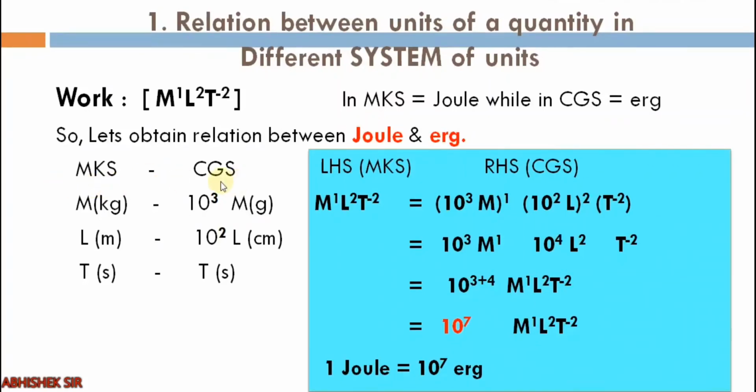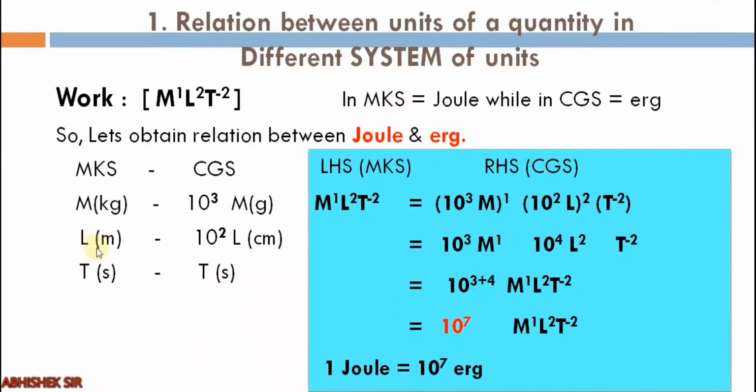First of all, before we start, let us see how the basic physical quantities M, L and T are related in MKS and CGS. In the MKS system, M raised to 1 is kilogram, and in the CGS system it is gram. So mass here is kilogram, and here is gram. What is the conversion actually? In MKS, M will be 1, and in CGS, M will be 10^3, 1000 gram, since 1 kilogram is 1000 gram.